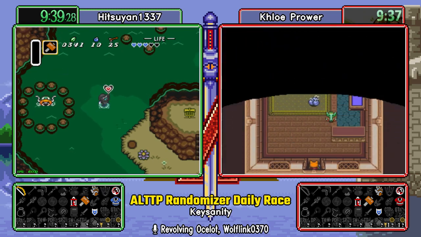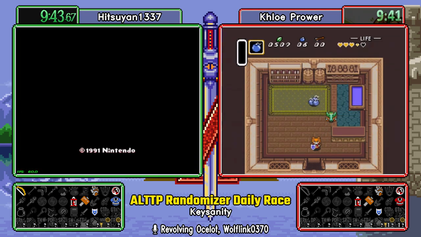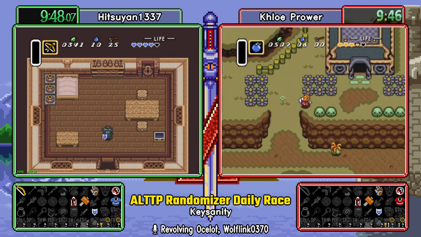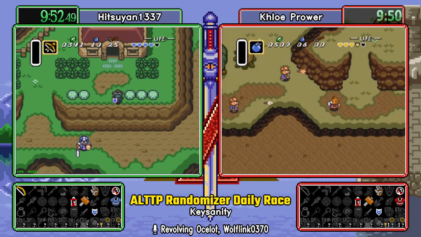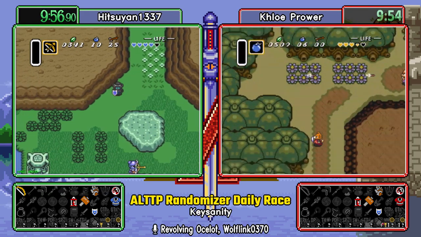Heart piece. And Claire's getting a bit of info on dungeons here. Ice Palace and the Palace of Darkness are both crystals. 5/6 crystals. Those crystals being important because they'll unlock the super bomb of the shop, which can potentially lead to 2 more items. And what we know, one of them is